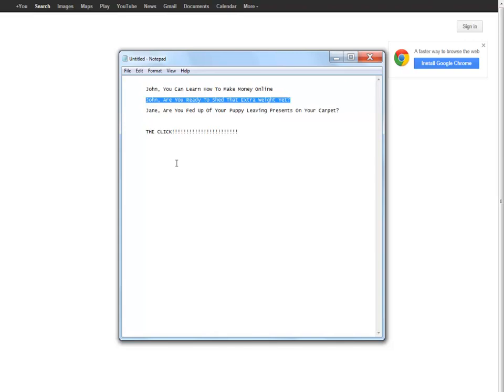Now, when you're writing the email, you have to have a direct call to action. A call to action basically tells them what to do.